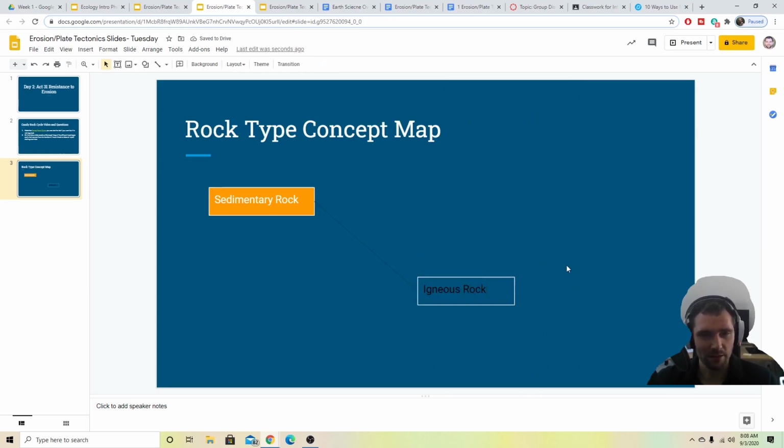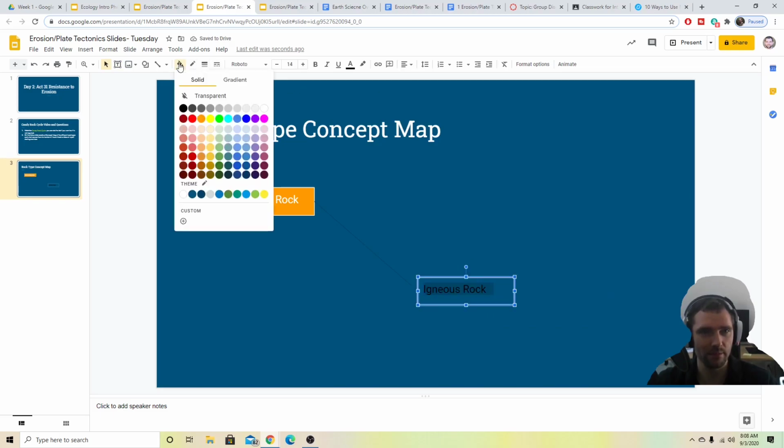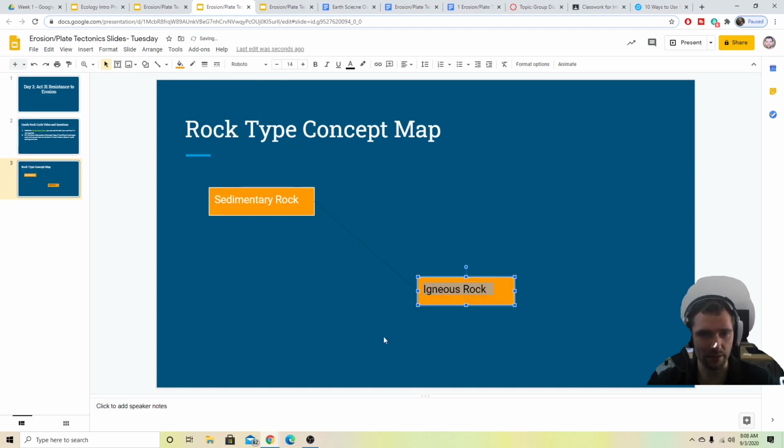So you can be like, oh, I want this to be that, and then you can even be like, oh, these two things. Maybe I want to have all of my rock types have that orange background color or whatever. And so you're like, oh, I'm gonna color coordinate this, make it look a little bit nice. Make this text color white. Oh, no, never mind. So you can do a number of color coordinations,